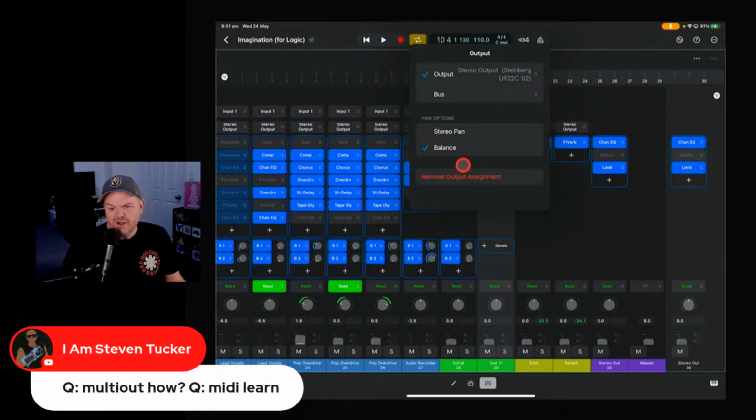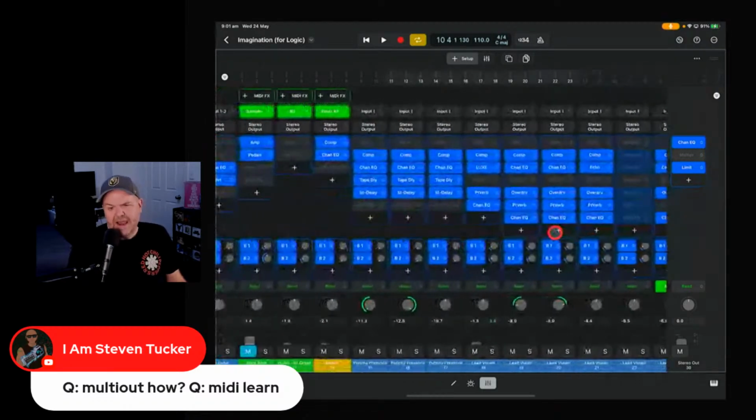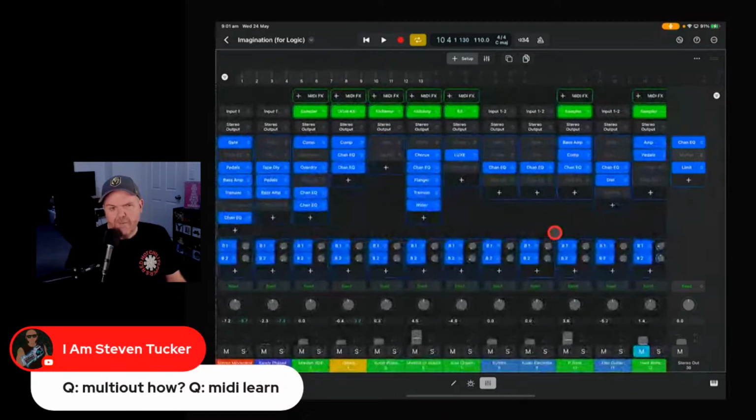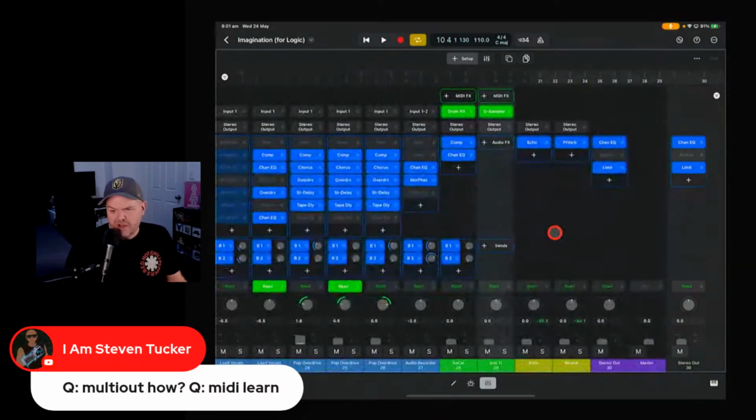We have output assignment here. So as well as your inputs, you have outputs on everything. That's going to make your routing a lot better than what you have in GarageBand, because you got none. You got one output and that's it in GarageBand. I don't know how that's going to go with iOS and their lack of ability to generally have more than one output working at once, but we will see. But yeah, there's definitely sends and there's definitely multiple outs, and as far as I know, you can add in additional ones as well in the setup here.